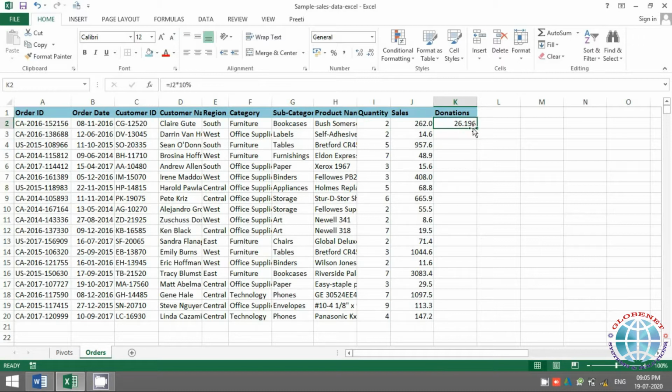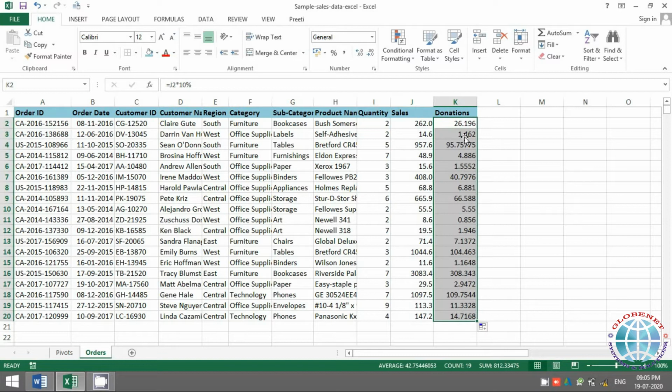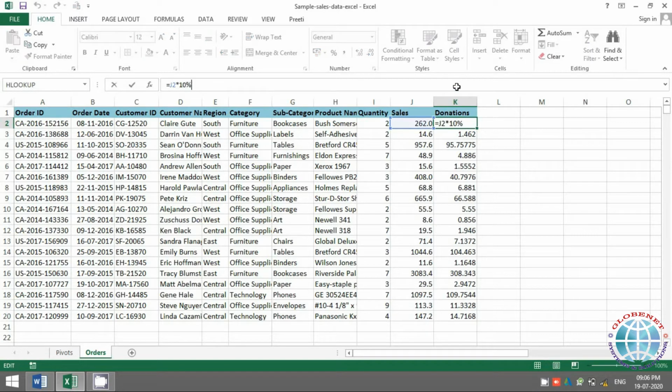I want to drag it for all of the other order IDs, overall data that I have. I'll do a double click here. So this is how the data is populated. Now let's quickly understand what happens when you write a formula and when you drag it. Whenever you write a formula, there is a pattern which is registered.